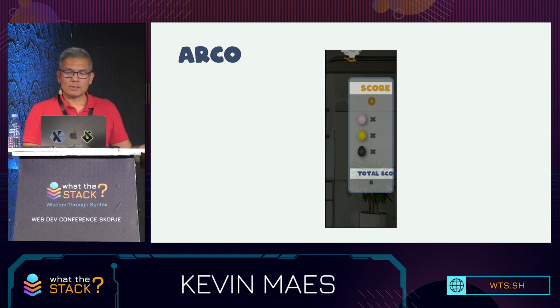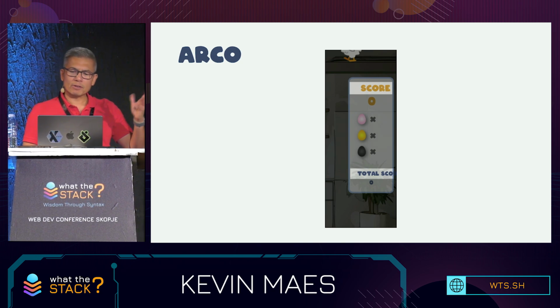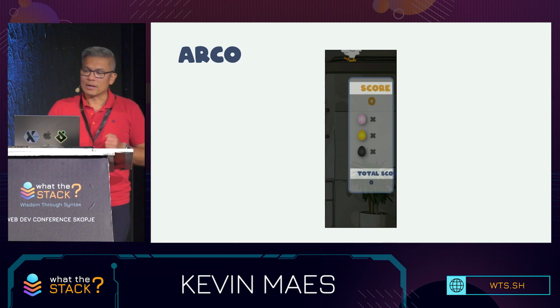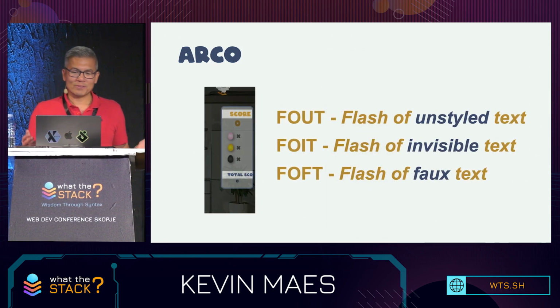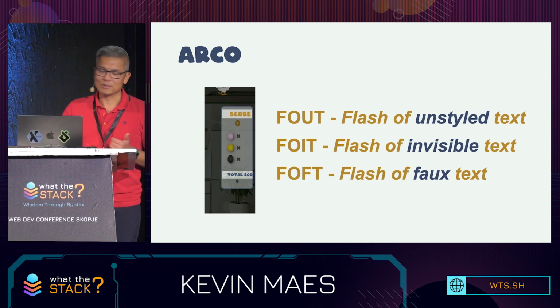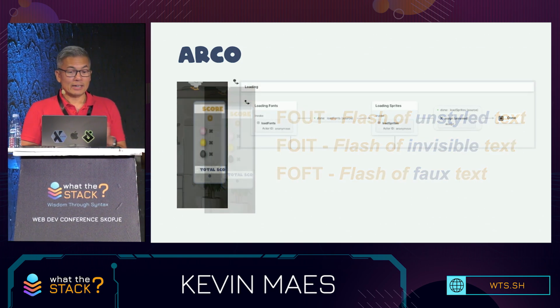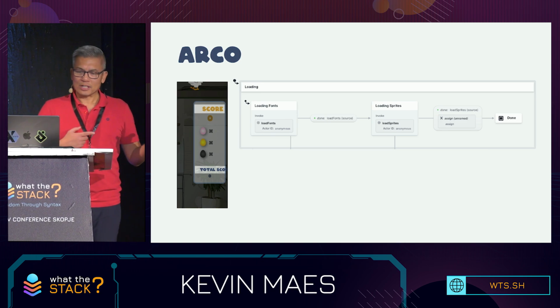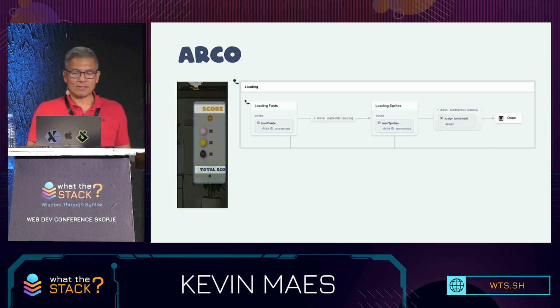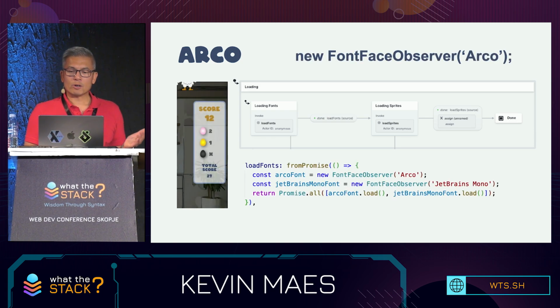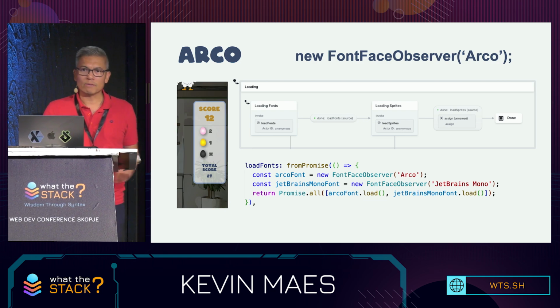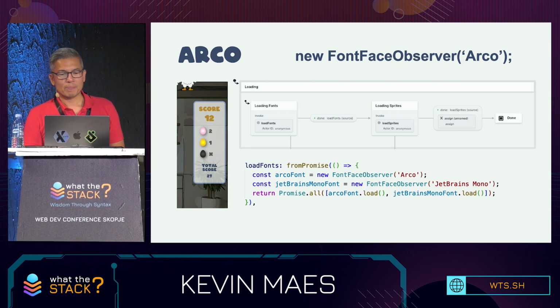When the game first loaded, the text was misaligned, and I thought it was maybe related to the Canvas text component. But then I realized, of course, it was a font loading issue. Now, on websites, there's lots of terms for this, and they all basically mean your font's still missing. But in a game where loading assets is expected, we have state machines, and they can help here. So I already had a loading state for my state machine, and now I was able to load fonts and sprites. And I used a library called Font Face Observer, which monitors the loading of fonts and returns a promise when you call it. Everything now looks aligned from the start.